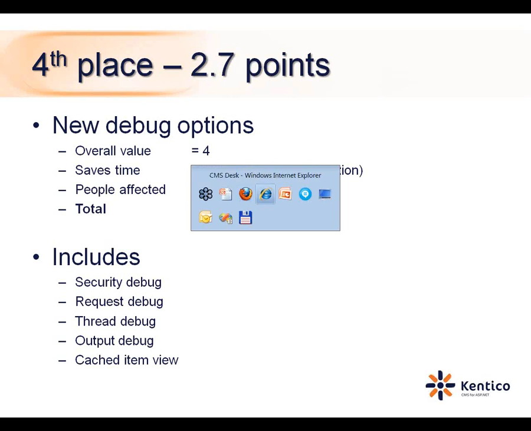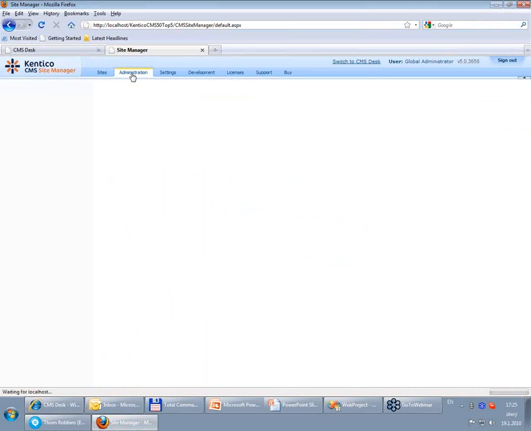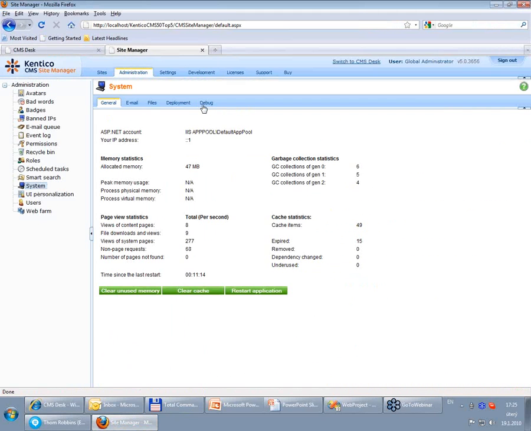And also you can see the cached items right away. So previously you could see what is in the cache, which keys are in the cache. Now you can even see which objects are there with which data. So if I go back to